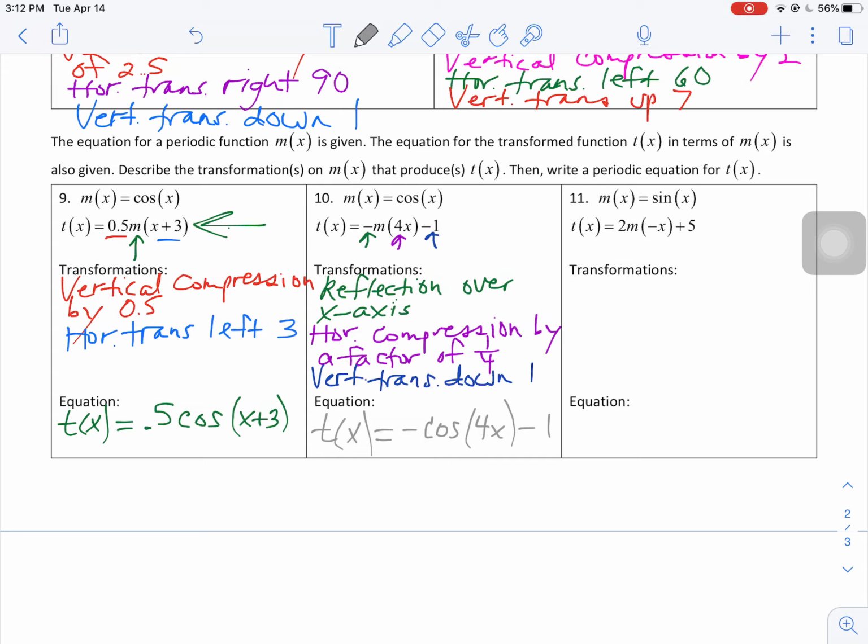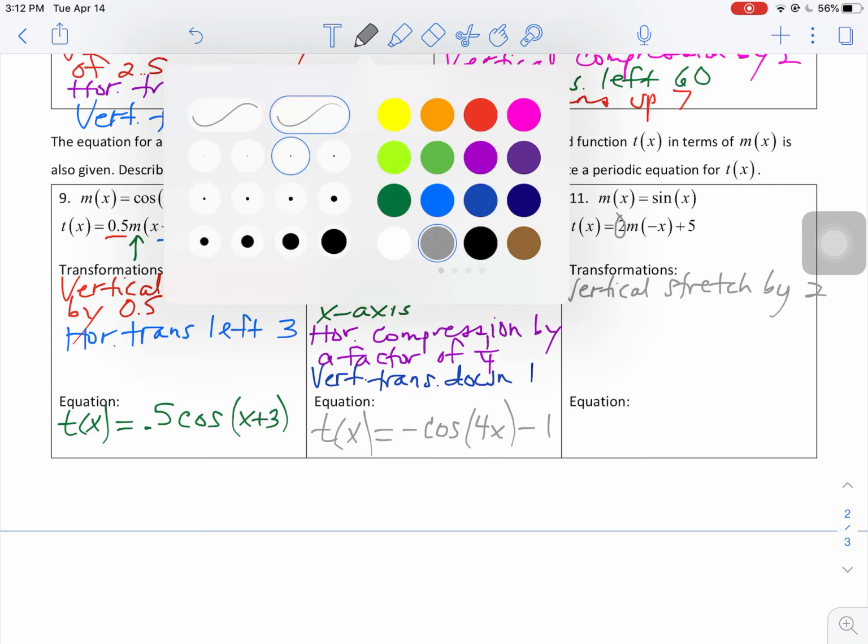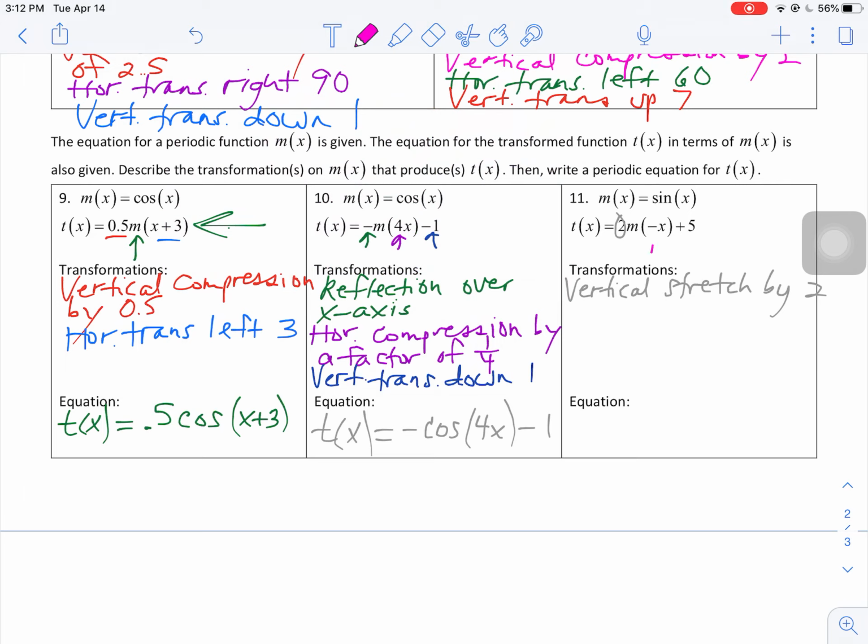Parent function is sine this time. The 2 is your vertical stretch in the front. So vertical stretch by a factor of 2. I don't think we've seen one of these yet on this worksheet, except for the very first page. When the minus sign is inside the parentheses, that's when you reflect over the y-axis instead of over the x-axis. So reflection over y-axis. And then the plus 5 is just up 5. So vertical translation